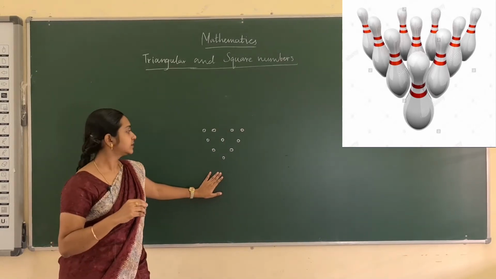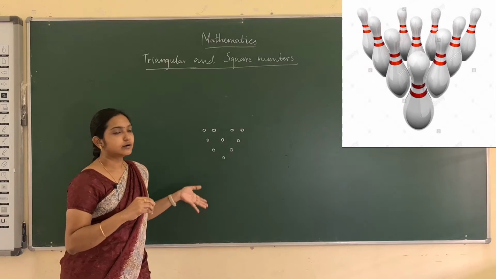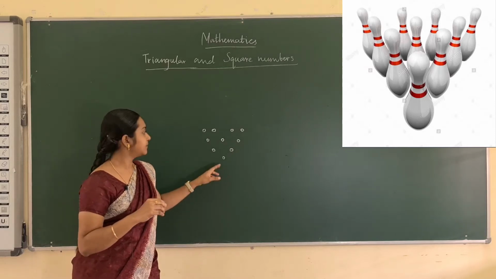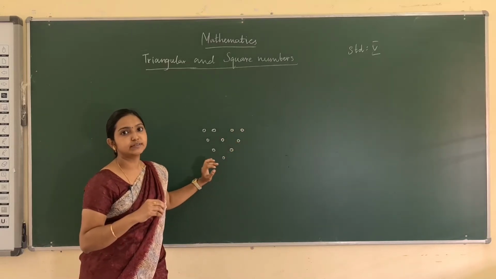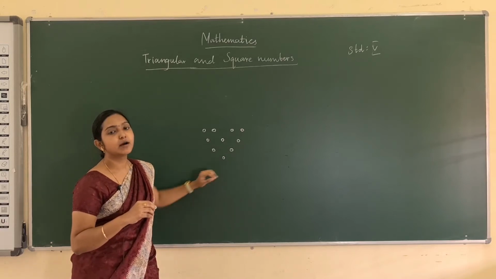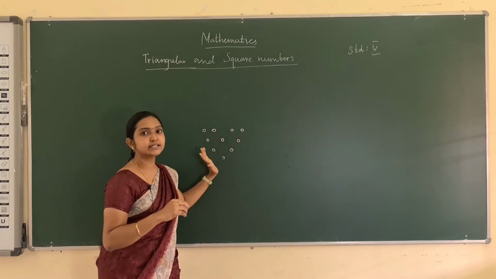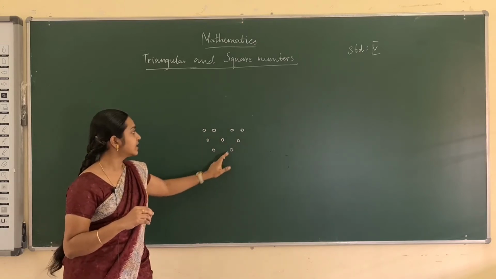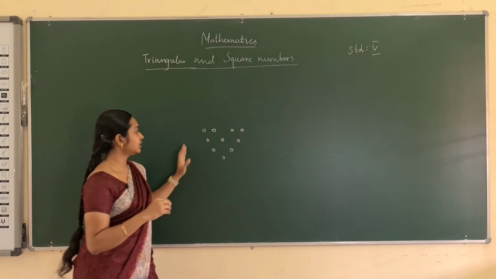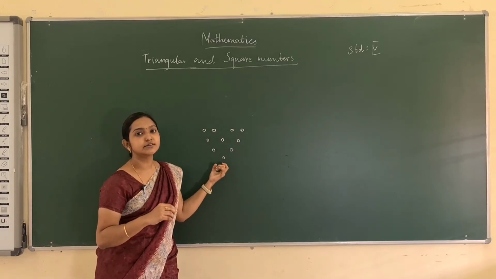In the sport, one should roll the ball and make all the pins fall down. That sport is known as 10-pin bowling. She draws the pins on paper and is surprised to see the pattern of a triangle. Now this pattern forms a triangle.